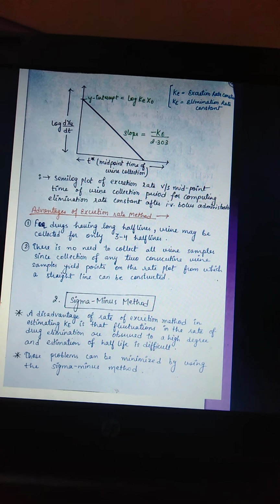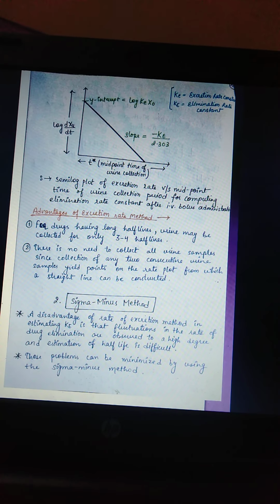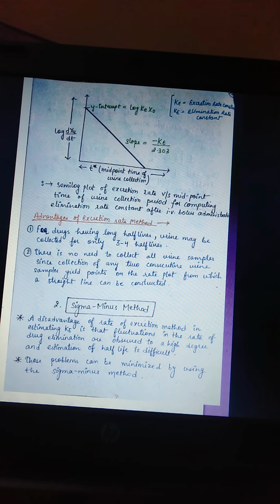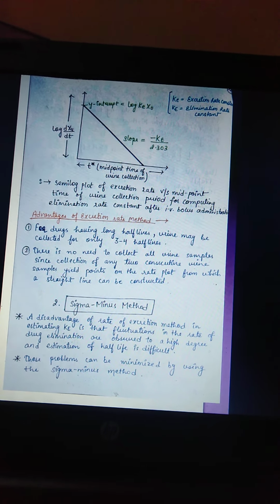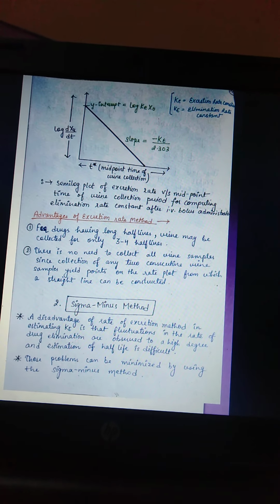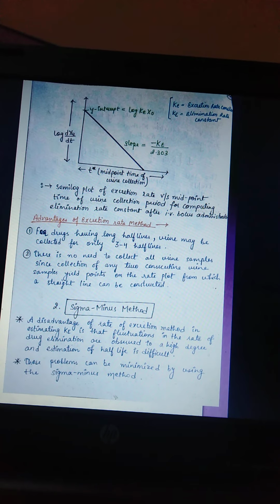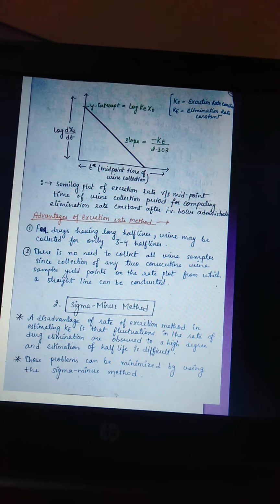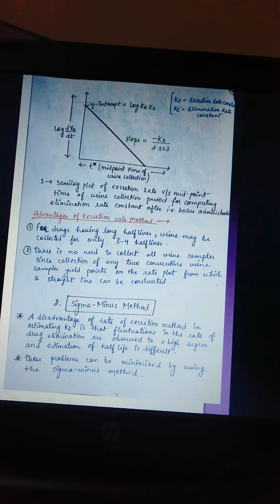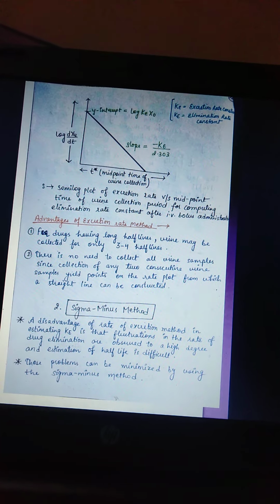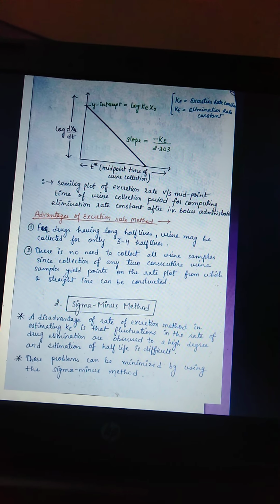It must therefore be remembered that the slope of such an excretion rate versus time plot is related to the elimination rate constant KE and not to the excretion rate constant ke. The excretion rate constant can be obtained from the y-intercept, and the elimination half-life and the non-renal elimination rate constant can be computed from KE and ke.